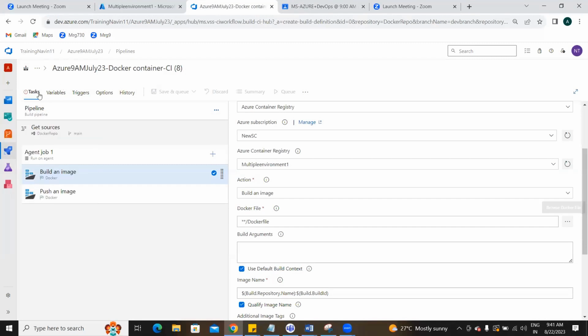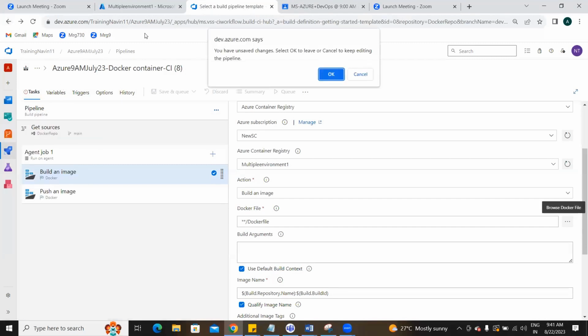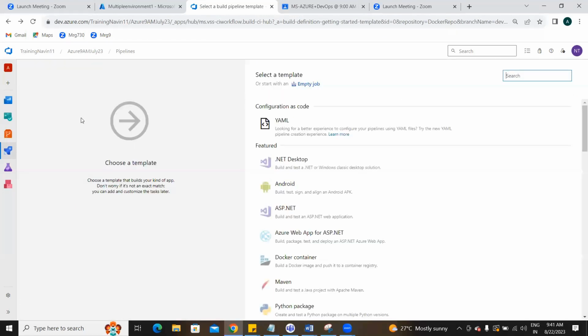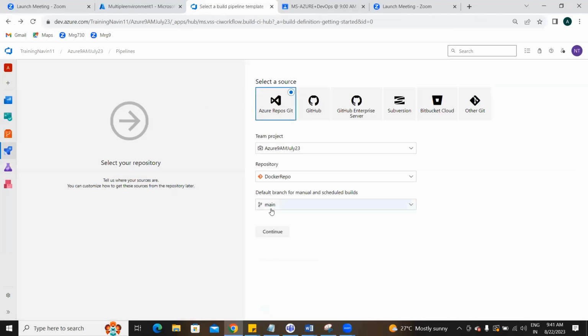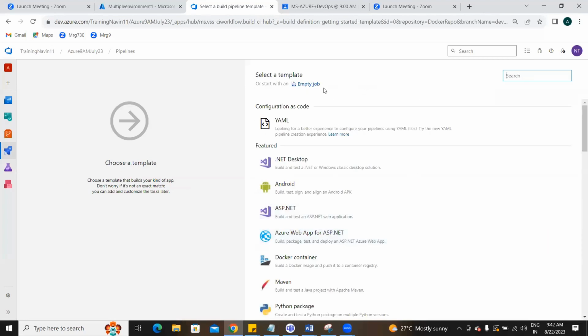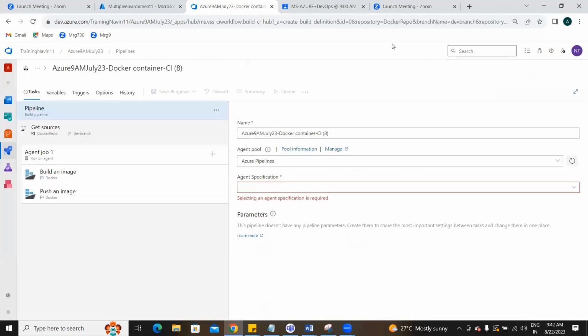Okay. Main branch it was. Dev branch, right? So this is the Docker repo dev branch. Continue. Docker container right here.